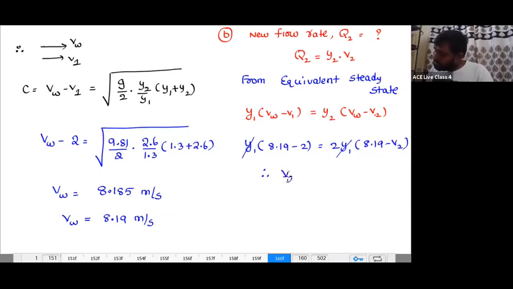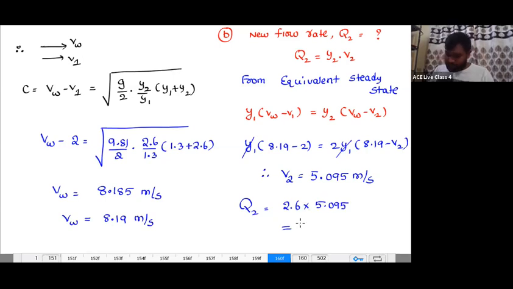So from this, what is V2? 8.19 minus 2 by 2, that is 8.19 minus the answer. So V2 is going to be 5.095 meter per second, and the new flow rate is equal to 2.6 into 5.095, 13 point,